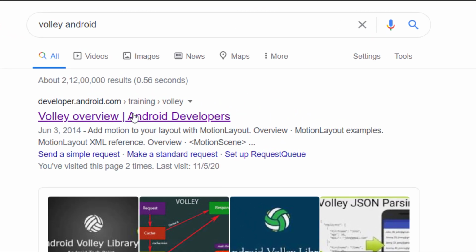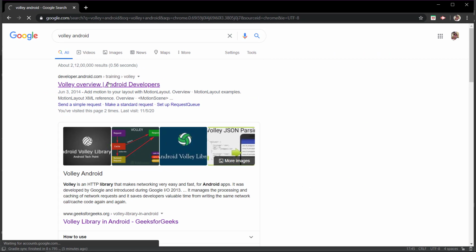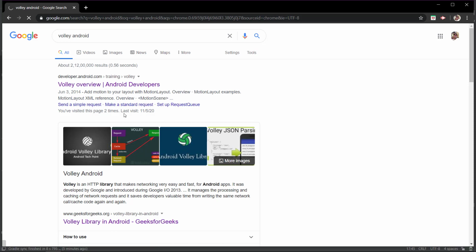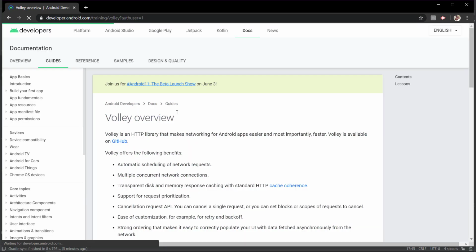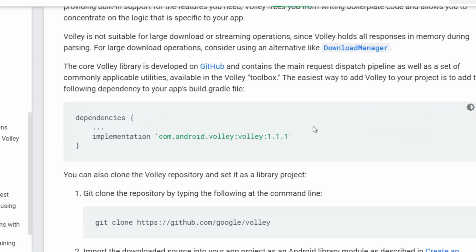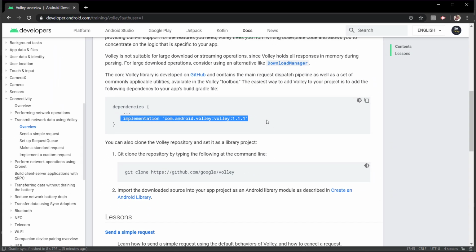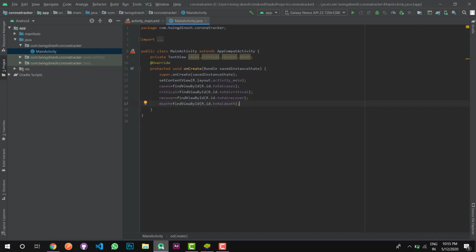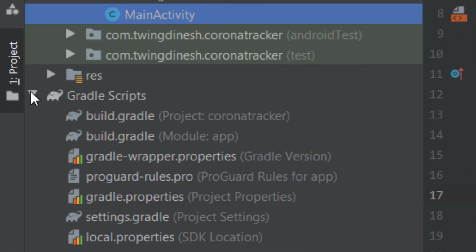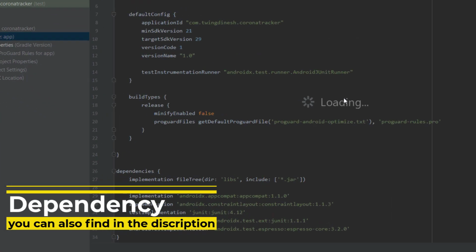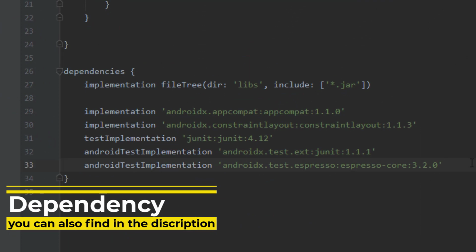Click the first link. Actually my internet connection is damn slow. Yeah, okay. So let's copy these dependencies and move on to our Android Studio project. Go to Gradle files, build Gradle, and just paste this.